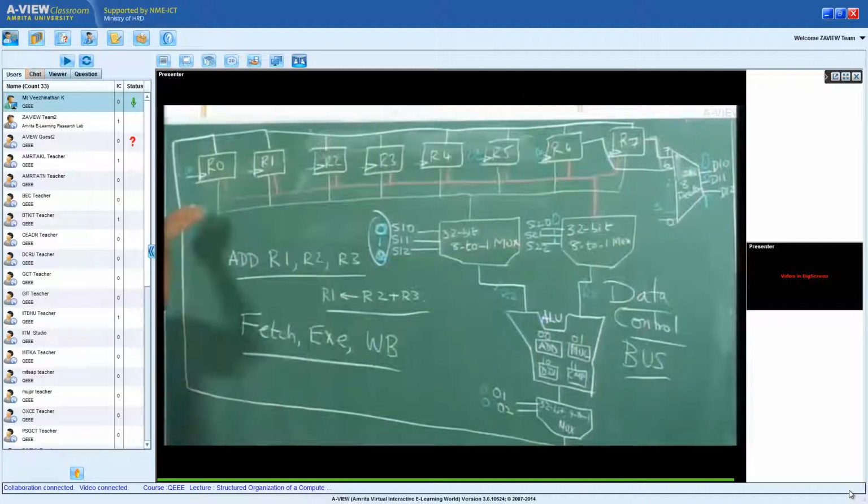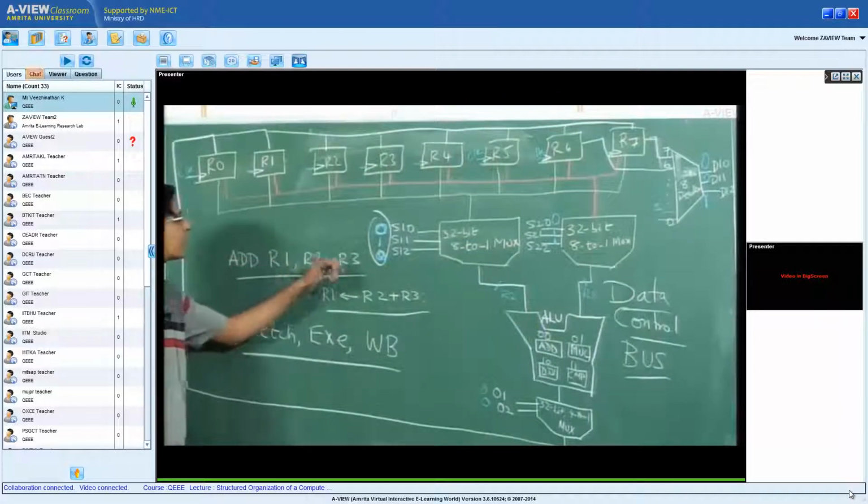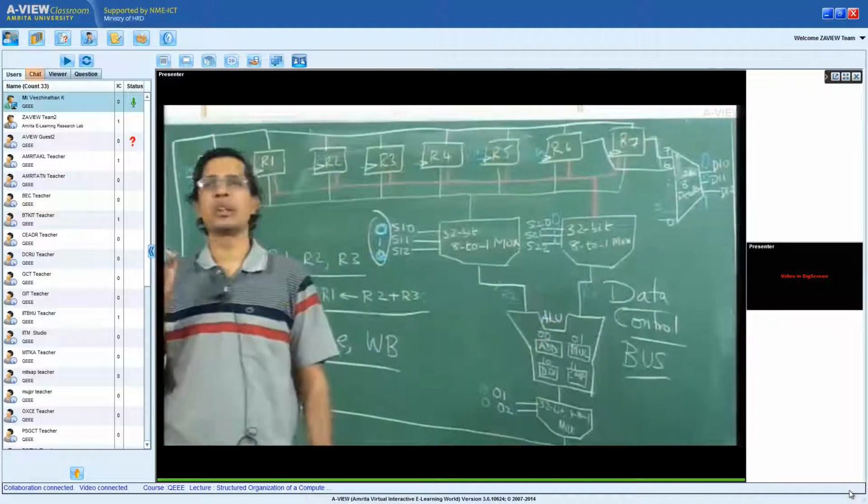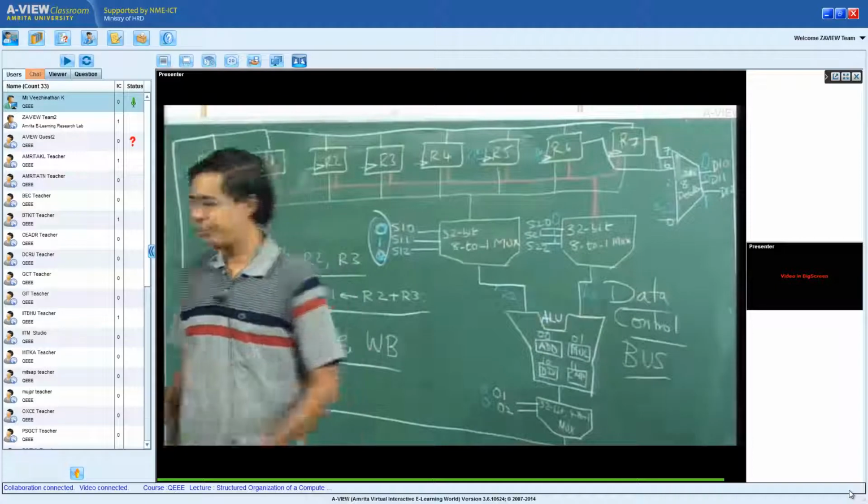When I give a clock pulse, the answer gets loaded back into R1. So this basically explains how add R1, R2, R3 is executed by the micro architecture.